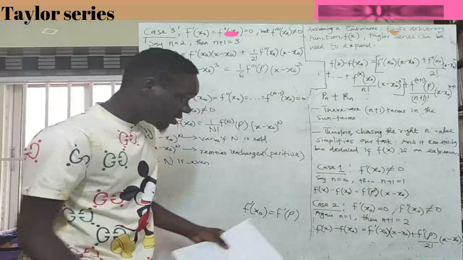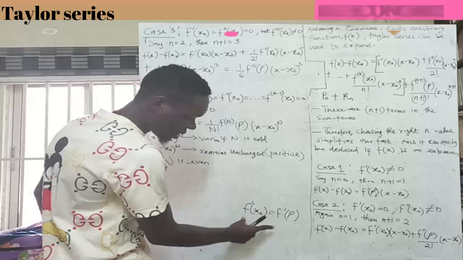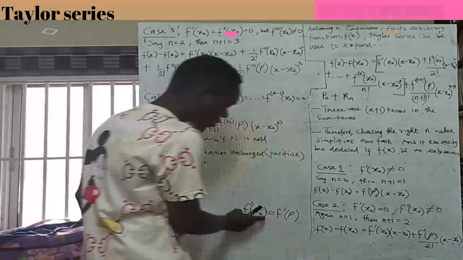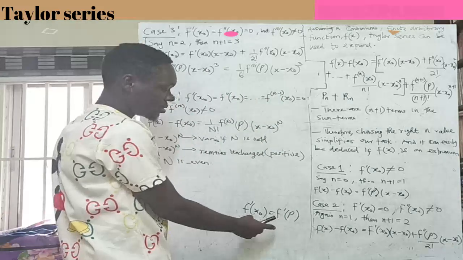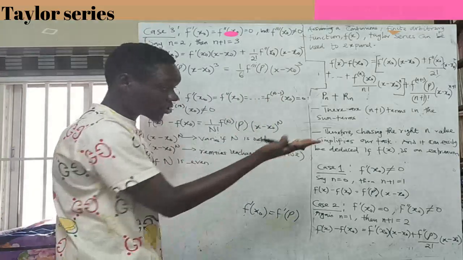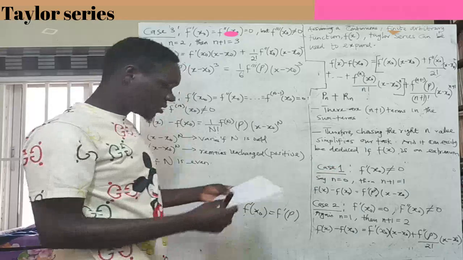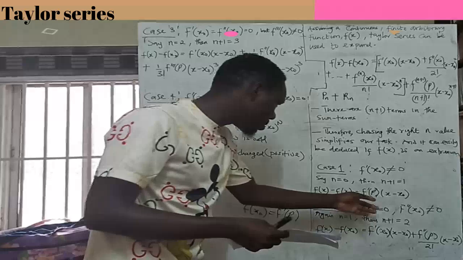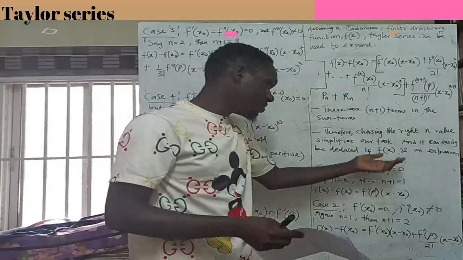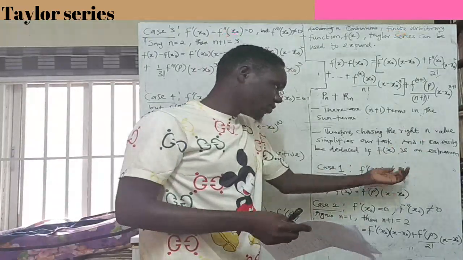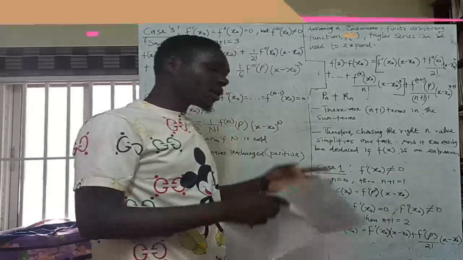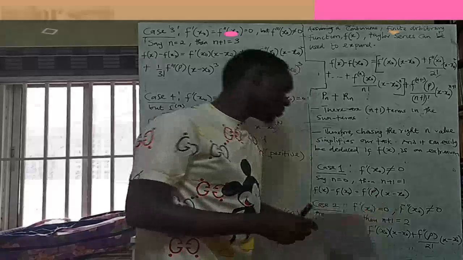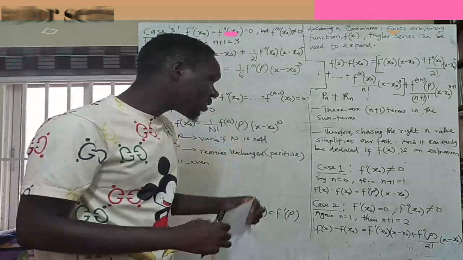Now we assume it is continuous and differentiable. We assume the same form as this. But now in this case, we are assuming that this first order derivative is not zero. Because it's not zero, we are not really sure if it's going to be positive or negative. But once we are able to decide whether it's positive or negative, then we know the final result here. Now for the second case,